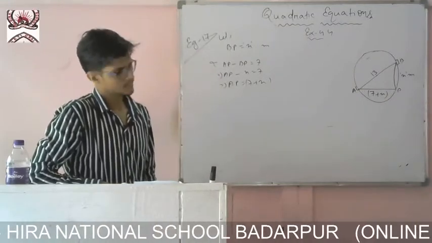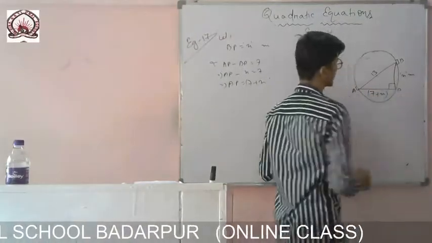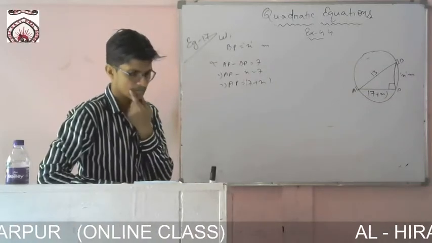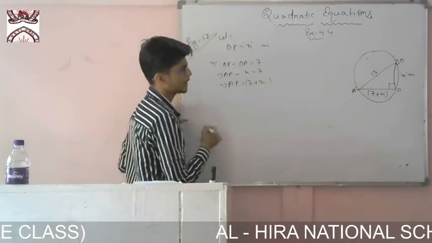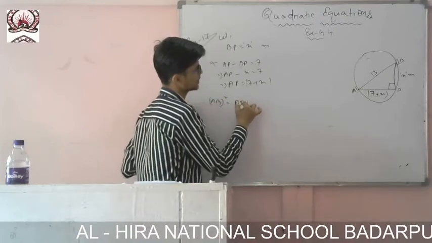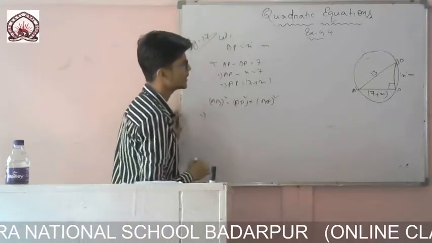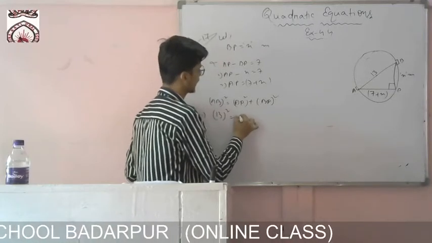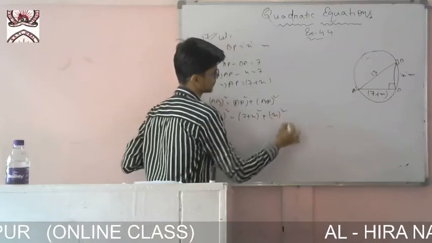Now you see angle APB, since the pole is erected like this, that means this angle is 90 degrees. If it is 90 degrees, then it is a right angle triangle, and in a right angle triangle we can use the Pythagoras theorem. So here it will be AB square equals AP square plus BP square. So AB is 13 square, which equals AP, that is (7 plus x) whole square, plus BP, that is x square.